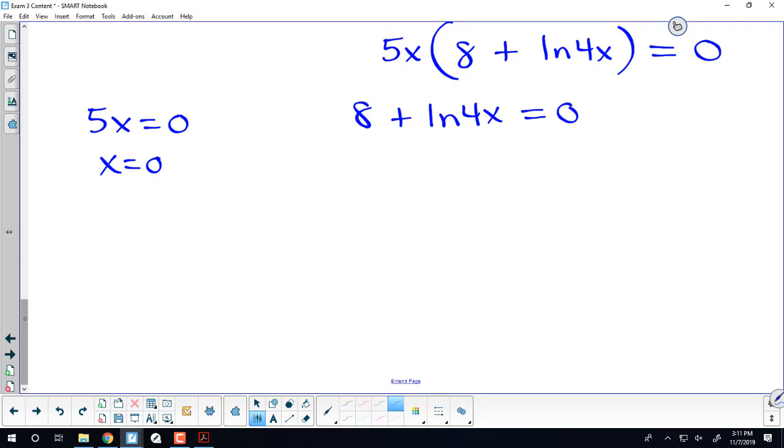So when does the natural log of 4x equal negative 8? Never. Never? Oh, wait, no. Natural logs can be evaluated at negative numbers, but natural logs output all negative numbers. So if I say e to the negative 8 is equal to 4x,